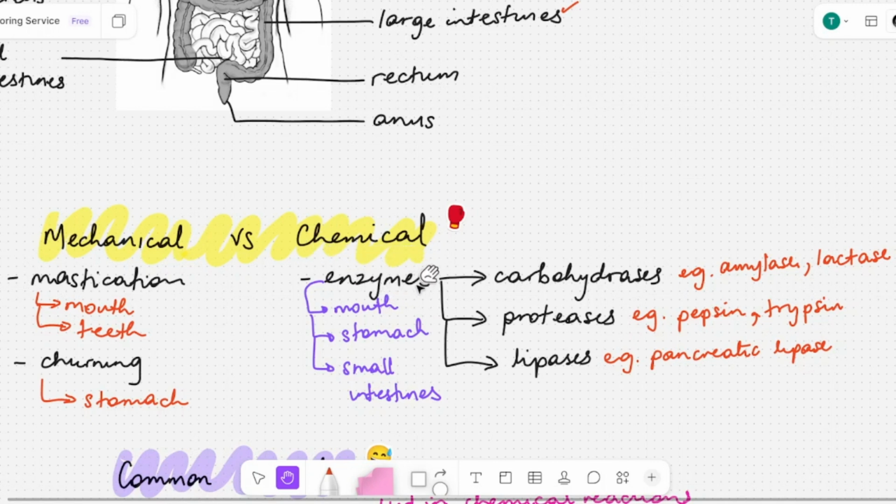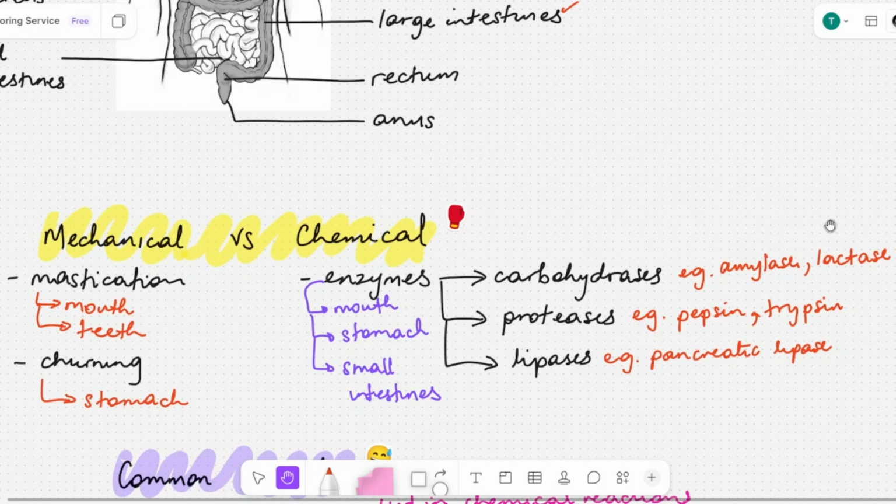So for example, we have three categories that we can break the enzymes up into. We have carbohydrases, which focus on breaking down carbohydrates. We have proteases, which focus on breaking down proteins. And then we have lipases, which break down lipids. So an example of a carbohydrase is amylase. We have two types of amylase. You have the amylase you will find in your mouth, and you also have the amylase that you will find